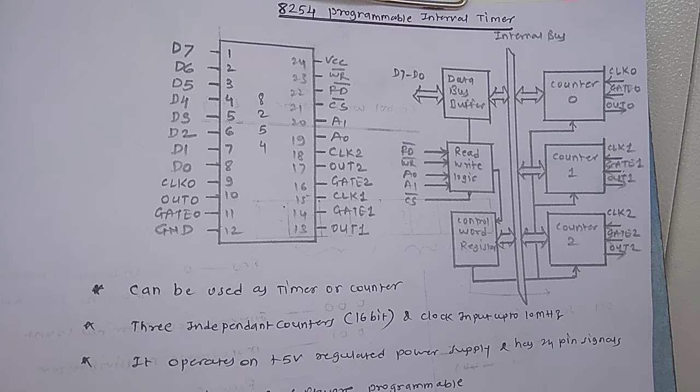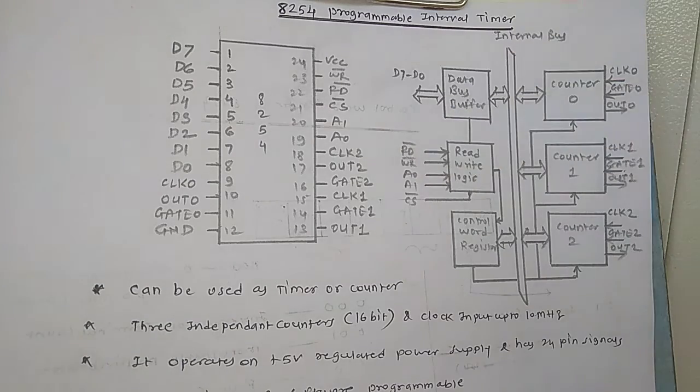Now, as we are discussing, the advantage of interfacing this 8254 or 8253 with 8085 microprocessor or any other microprocessor is that by interfacing this particular IC, we save a considerable amount of time of 8085 microprocessor in tied down to one task only, that is checking the contents of one particular register or checking whether loop is finished or not. So by saving that time, we can allocate microprocessor in doing some another task, and this 8254, 8253 will be dedicatedly used for generating time delays or for counting the events.